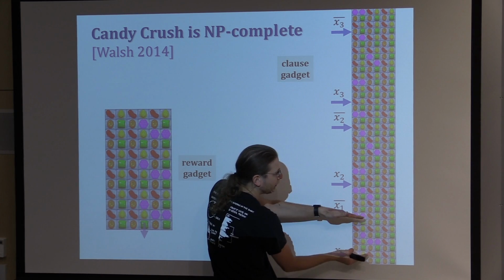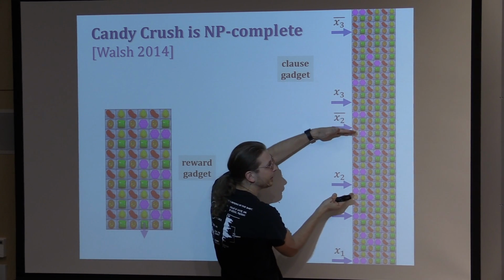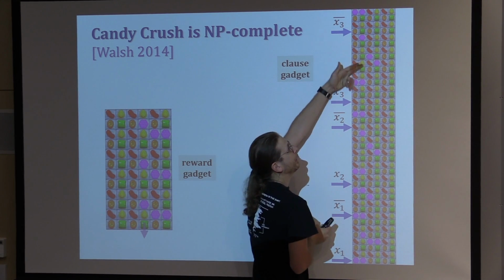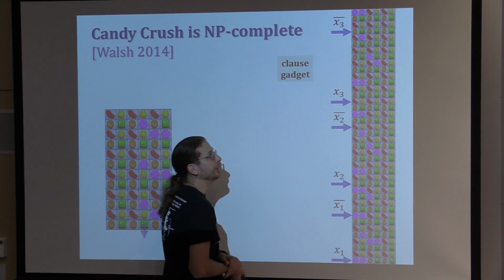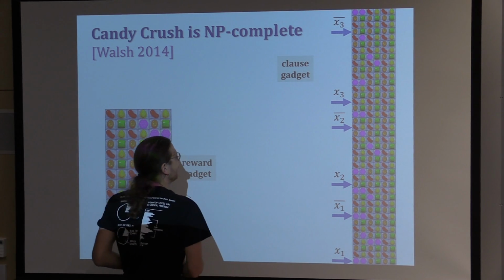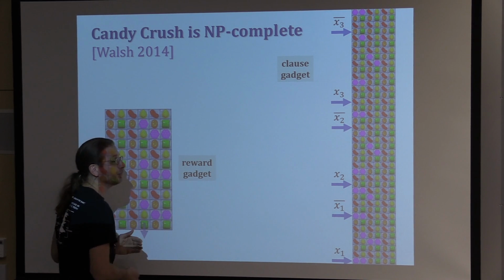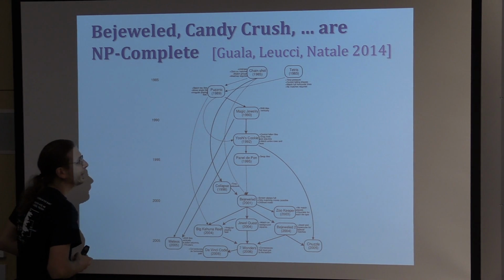Then first you figure out whether x1 satisfies the clause. If it doesn't, it sets things up for x2, and then maybe x2 satisfies the clause. If it doesn't, it sets things up for x3. Here they're spread out even more, but by the time you've done these things below, that thing will be ready. Okay, so that was the first proof. The second proof, before an interlude,